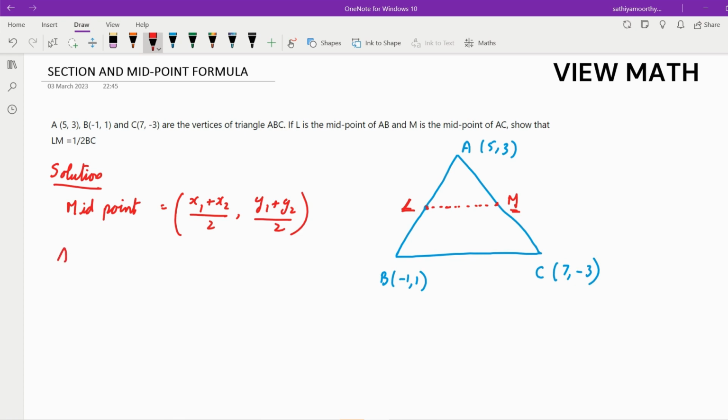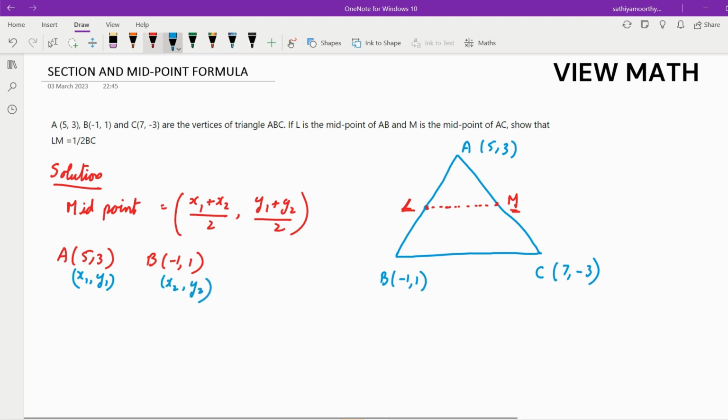Here A is 5, 3 and B is minus 1, 1. So here this is my x1, y1 and x2, y2. Now I am going to find out the coordinate of L. The coordinate of L is